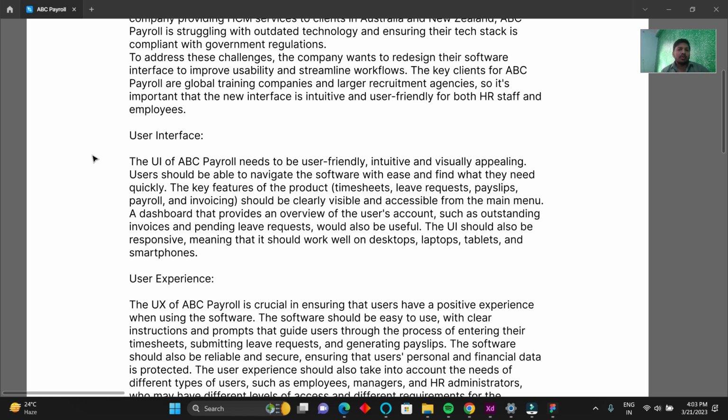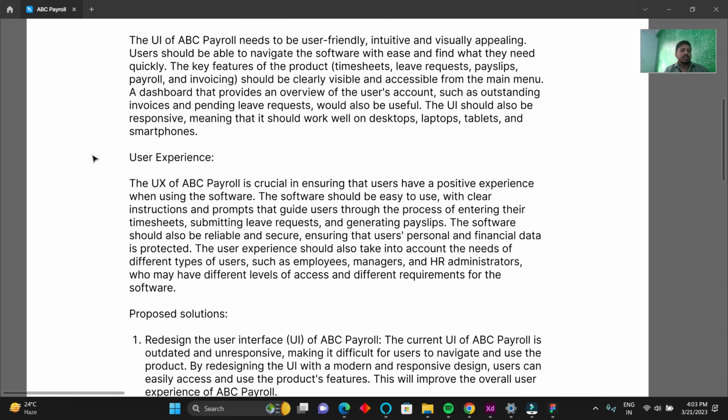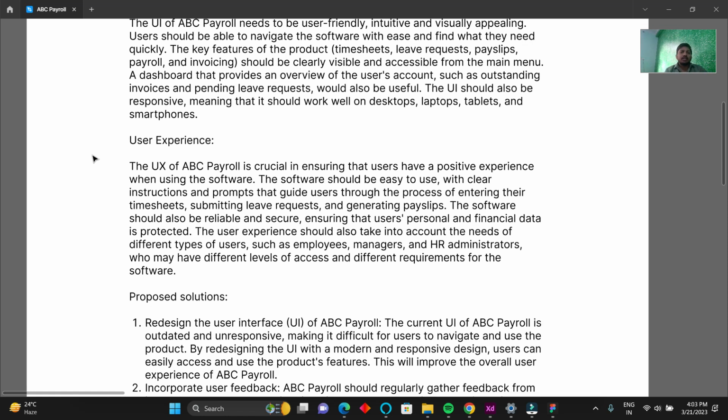A dashboard that provides an overview of users' accounts, such as outstanding invoices and pending leave requests, would also be useful. The UI should also be responsive, meaning that it should work well on desktops, laptops, tablets, and smartphones. User experience. The user experience of ABC Payroll is crucial, ensuring that users have a positive experience